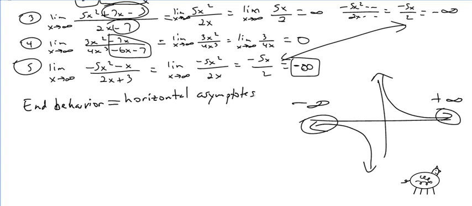So my horizontal asymptote is going to be y equals b. I'm going to abbreviate it as HA, horizontal asymptote of a graph of a function